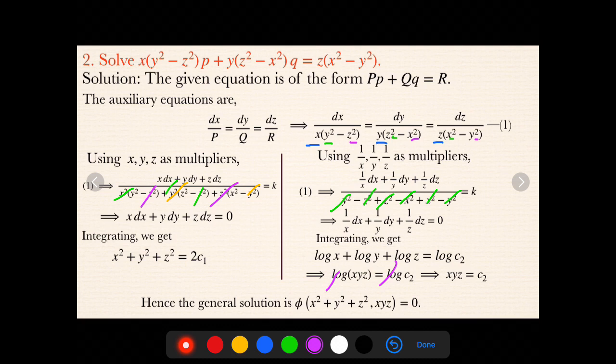If the signs are not alternating, you can go with one negative and check whether the denominator goes to 0 or not. Or else, in general, x, y, z and 1, 1, 1 will be there if it is cyclically changing and the powers are unique. And if x, y and z are existing outside, then automatically 1 by x, 1 by y, 1 by z will definitely act as a multiplier.